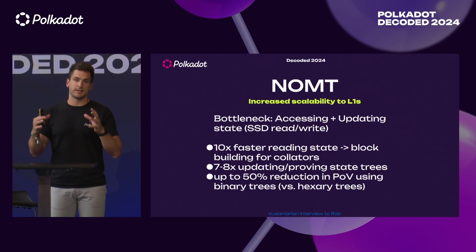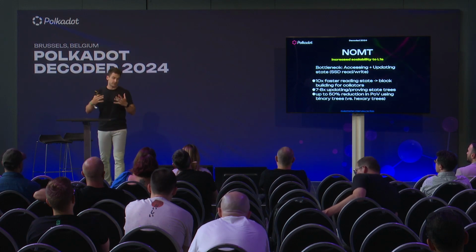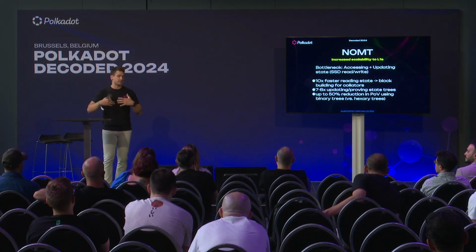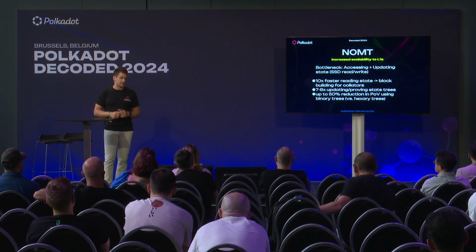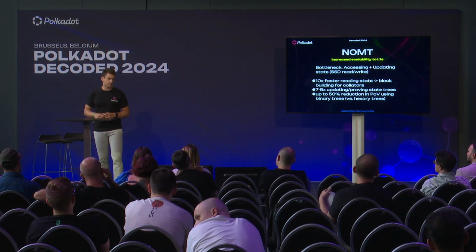So the collators and validators need to read the state, do a little bit of computation and write. You can do as much as you want, but there is this bottleneck of reading and writing to the SSD. And NOMT makes it possible to speed up even this stage with a 10x faster improvement in block building